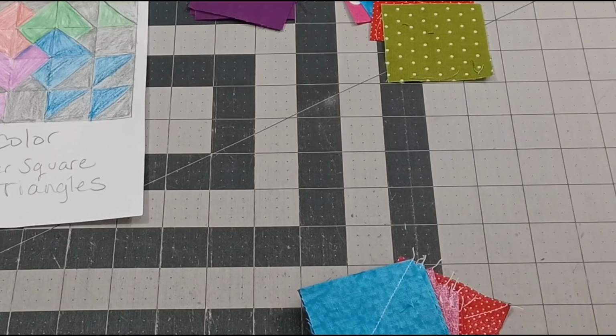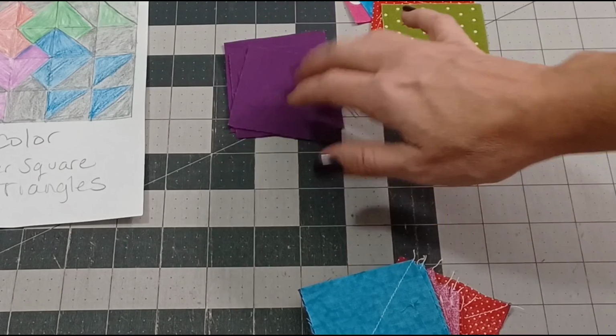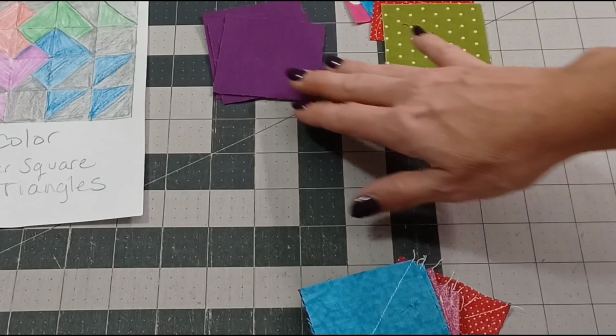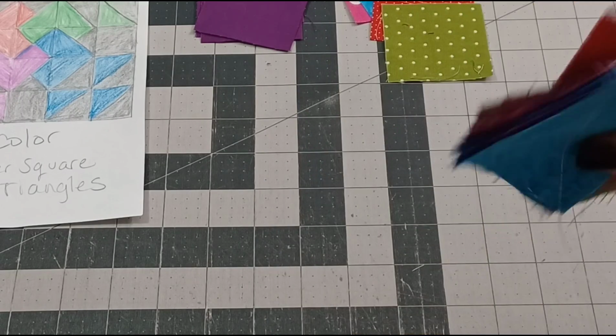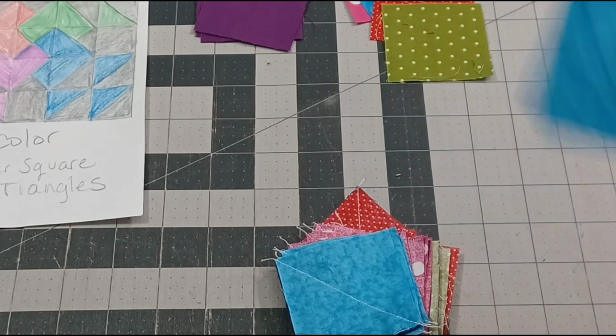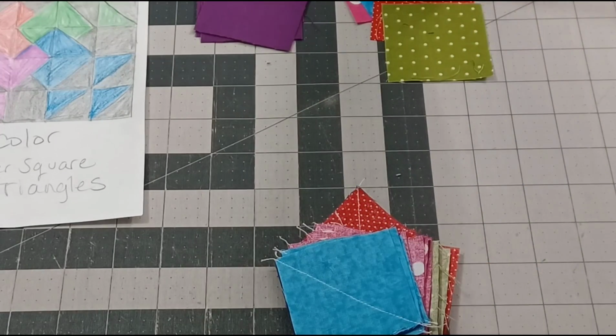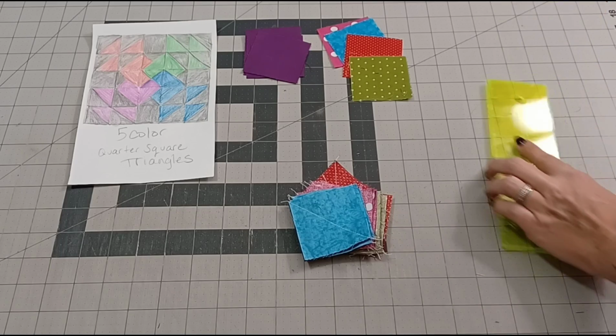So I did have the right amount of the purples because there's 4 here and I had only thrown 3 over there because I wasn't probably counting properly. So I put the 4th one back over there. All of my pieces are now sewn together and I did accidentally pull 1 extra of my blue, which happens because sometimes the fabrics stick to each other. And we're going to take this